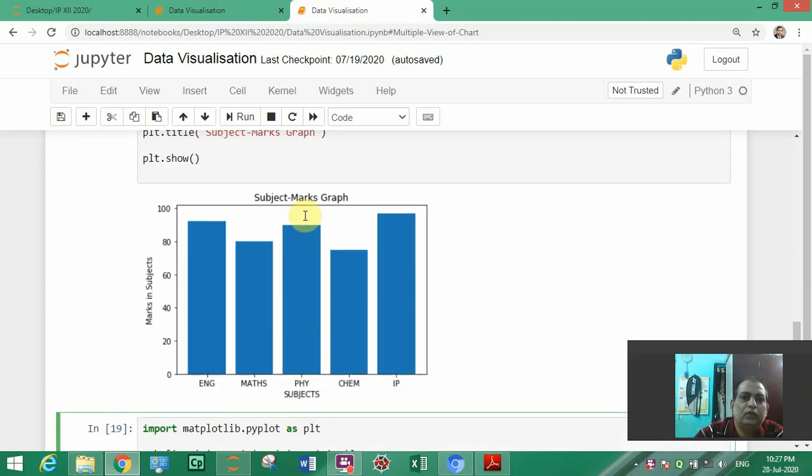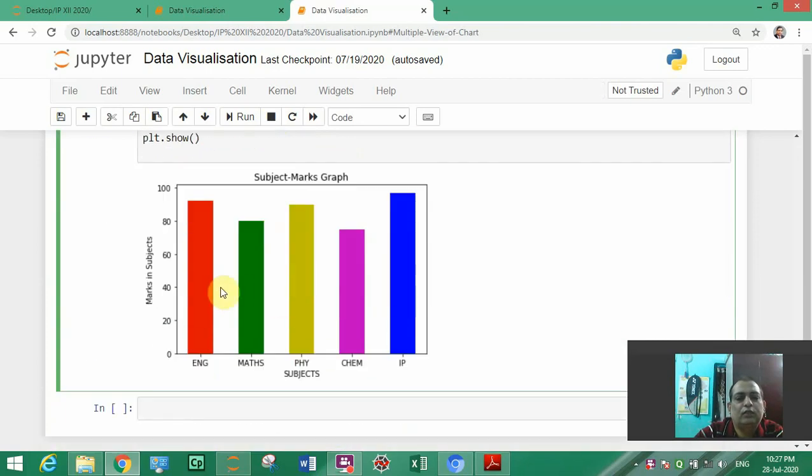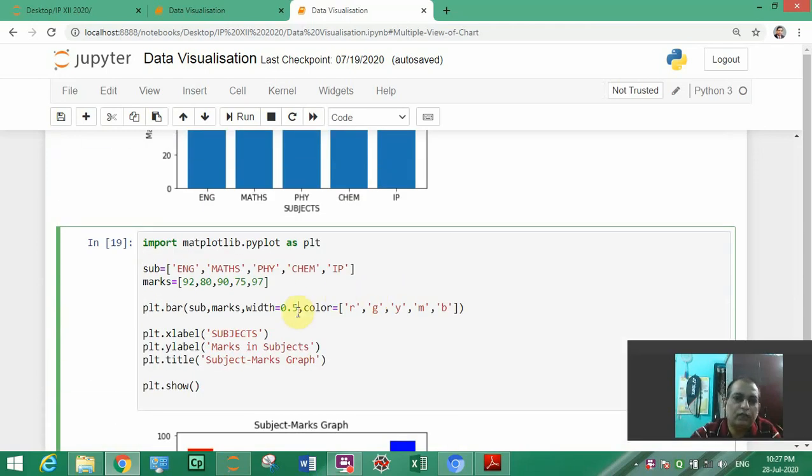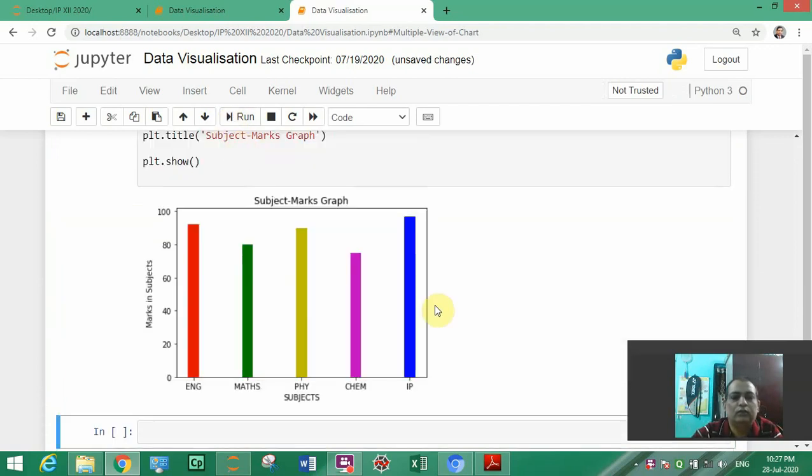This initial width was this, and after changing the width is coming like this. This can also be more small, so more thin. So like this we can change the width of the bar.